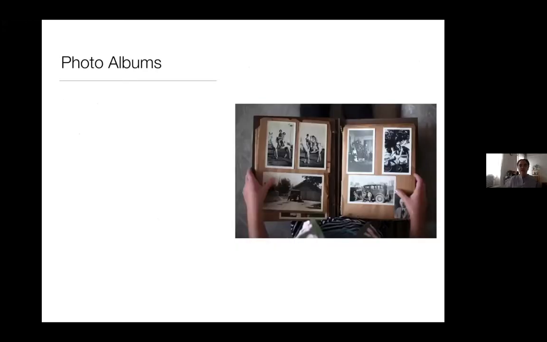So today we're going to focus a little bit on photo albums, this idea of a book of photographs. So when we're talking about photo albums, it's first of all an easy way to store, display, and be creative with a lot of photographs. If you think about a framed photo, that's one photo on the wall. If you think about a photo album, there could be sort of an infinite amount of photos within that photo album. So you can really combine a large amount of pictures.